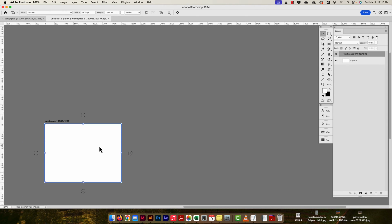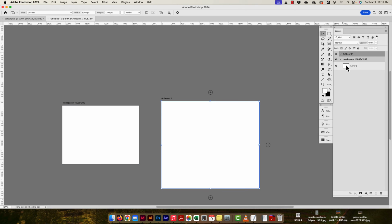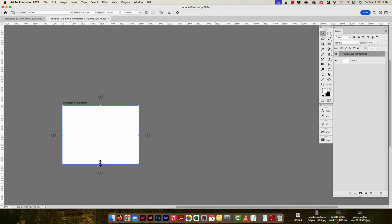What I could also do, just like with artboards, with my Artboard tool, I can click and drag. If I click and drag any size I want, there's another artboard. Great, and it just adds it right there. I could also change the dimensions of my current artboard. Now I can see my dimensions up here, but to be on the safe side,